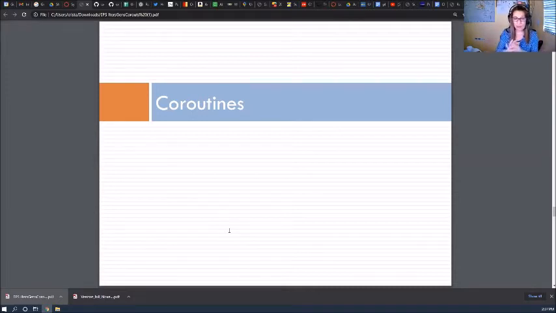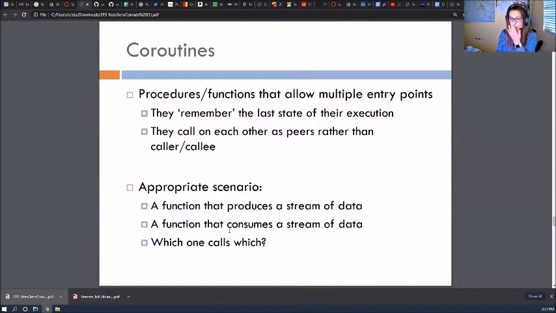Forget about threads. Let's imagine that you have just one thread of execution, but that you actually have functions sticking around. Okay, and what kinds of things can we do? That's basically coroutines. Okay, coroutines mean routines that coexist, things that are active at the same time. And let me give you an example.